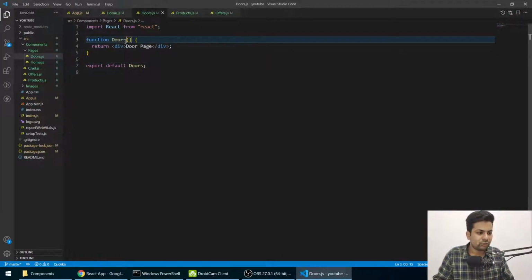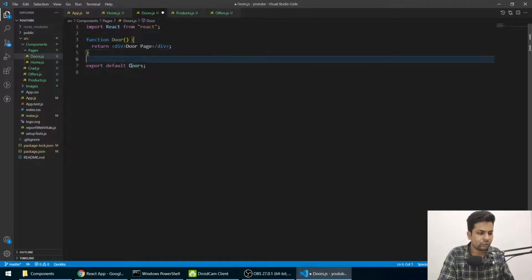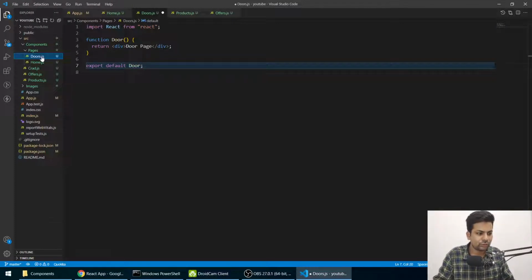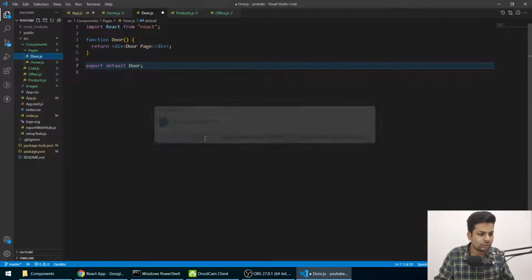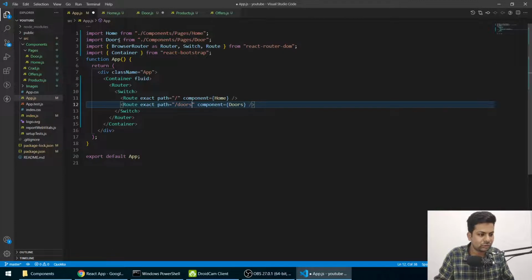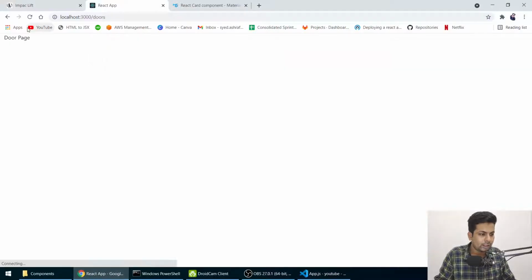Instead of doors I'll just make it as door, because I'll make something else as doors, so rename to door. Yes, so we'll go to app.js also, and make it door and door, and it's running fine. So let's just start guys.